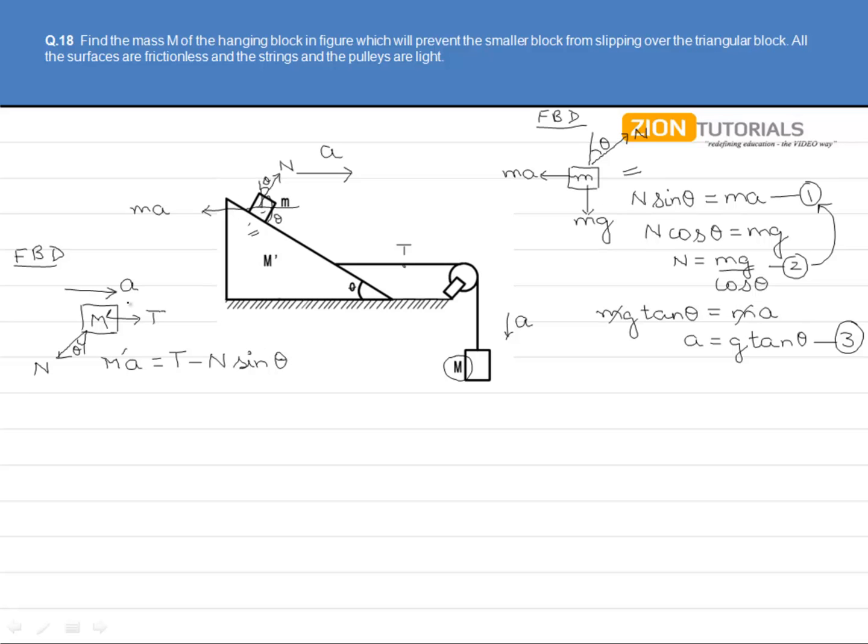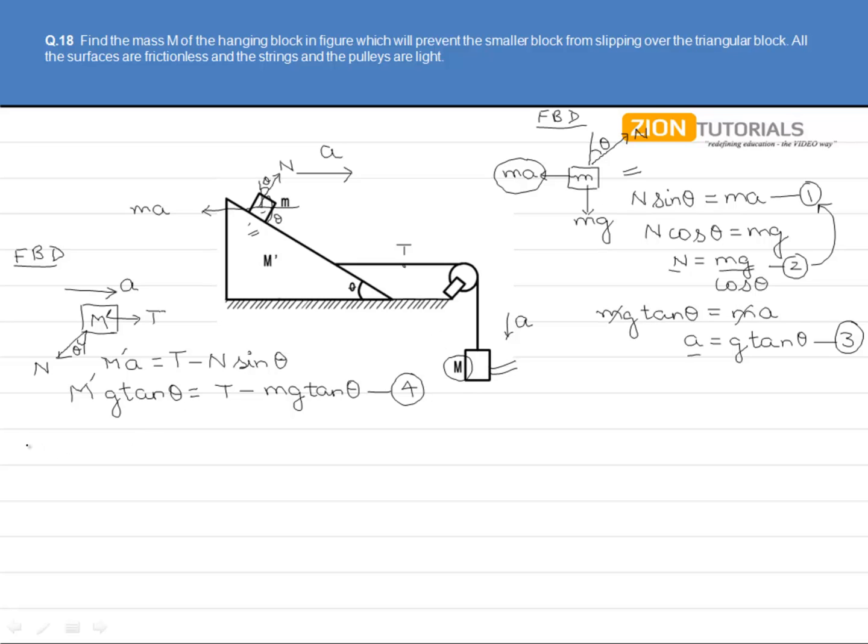Now make sure, or rather put it in your mind, that we didn't take any acceleration for this small block m, though it is moving along with the wedge, because we took into consideration the pseudo force. So there was no requirement of any acceleration a of the block. Coming back to our equation of the wedge, we can put the value of acceleration a and the normal from equation 2 and 3 into this equation. So we can write it as m dash g tan theta equals tension T minus small mg tan theta. And marking this equation as equation number 4,